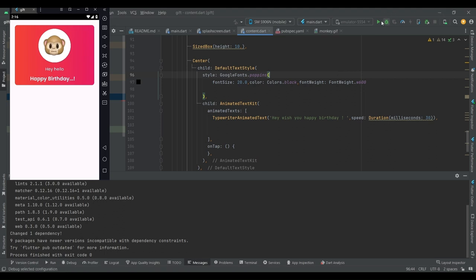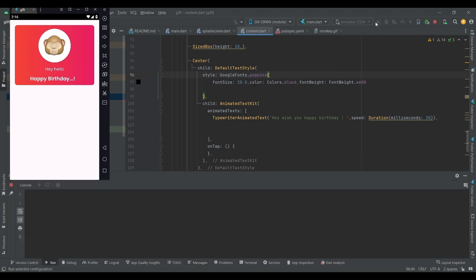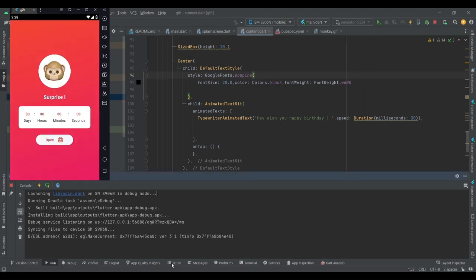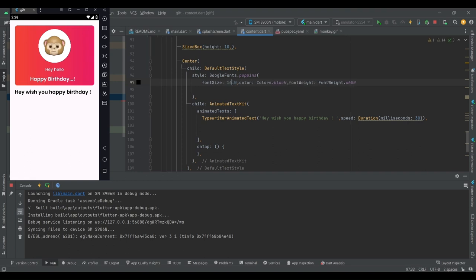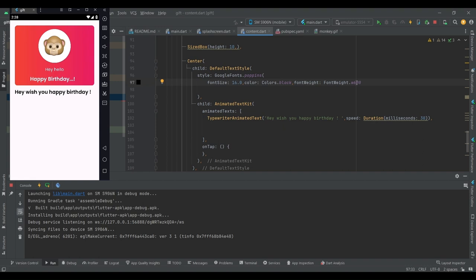Right? Now let's restart the app. Now let's open the app. See, here we have got this. Now let's reduce the font size to 14 or 16 and the font weight to 400,